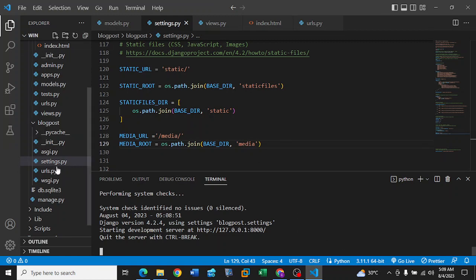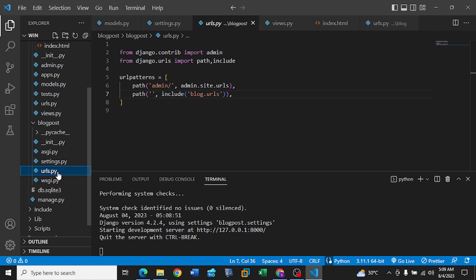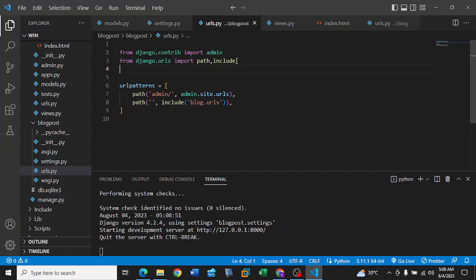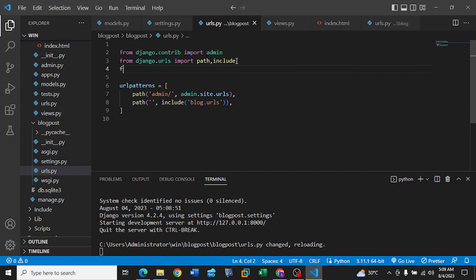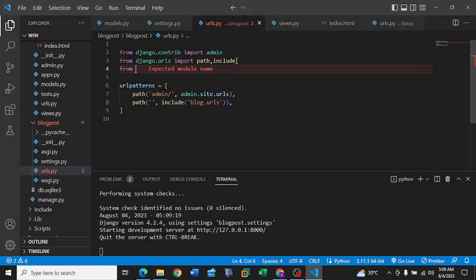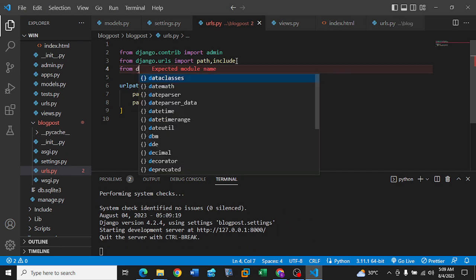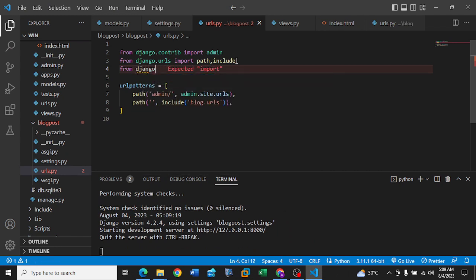So you have to go back to your main app URL. It's very important. Go back to your app URL and you need to import some things so that the image file will be able to work. So we need to say from Django, from